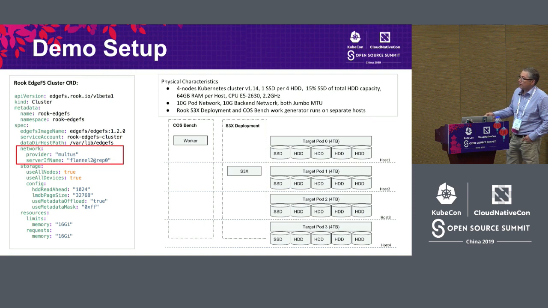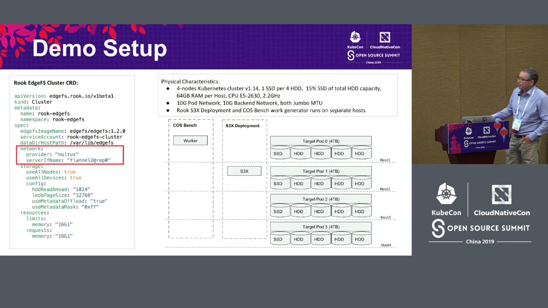Now, if you take a look at the Rook EdgeFS cluster CRD, a typical CRD looks like this. So what do you see here? You'll see the name of the cluster. You'll see the namespace, and from the previous slide, you remember that for that namespace, we've set up a different network. You'll see the image version, so we're selecting 1.20. We'll see the service account for RBAC and other primitives. You'll see the local host directory where EdgeFS is going to be storing configuration files